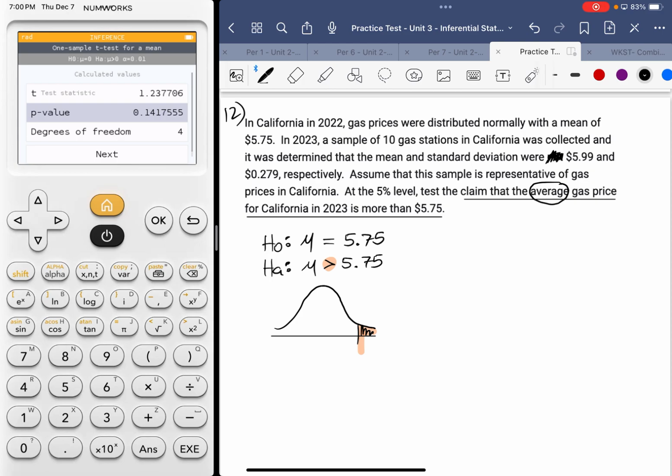So I need a few pieces of information. I need the critical value. We know that alpha is 0.05. I'll make a little note of that. Alpha is 0.05. The critical value corresponding with that. We also need to know whether it's a t-test or a z-test, which is really all we've done, so it's one of those two things. Looking at the sample size, n is equal to 10. Degrees of freedom, n minus 1, is going to give me a 9. I know it's a t-test